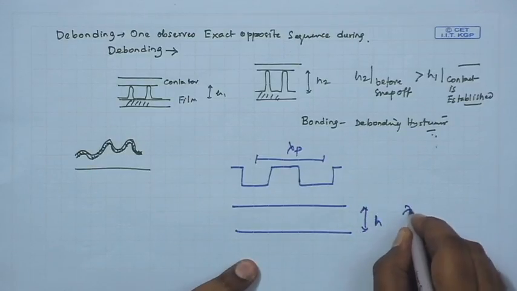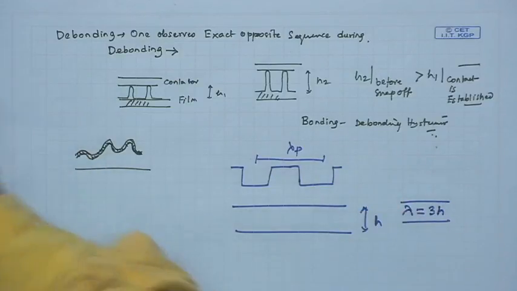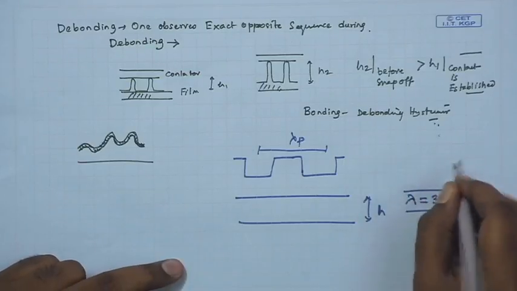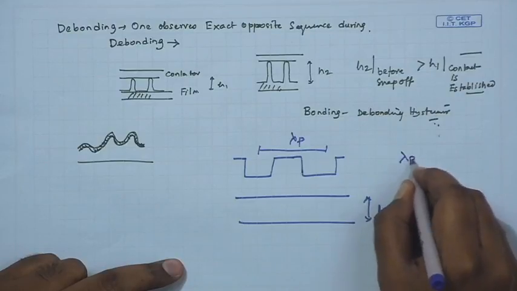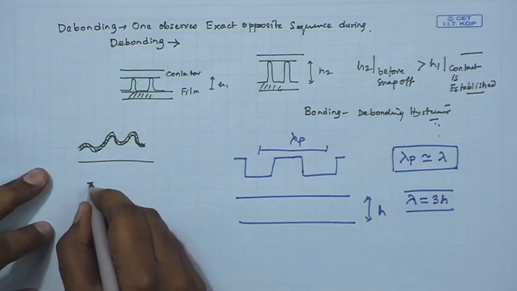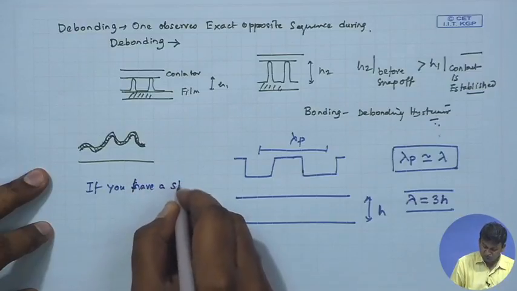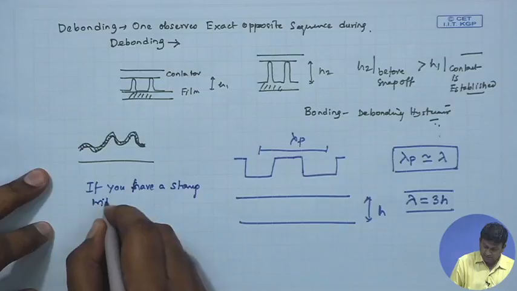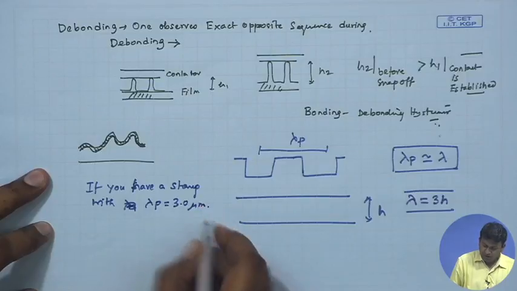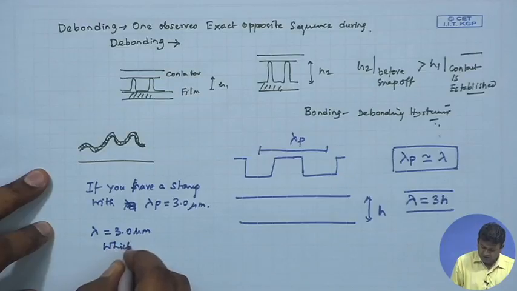Therefore, its natural length scale of instability is 3h. So, this type of picoliter beaker formation or array of holes occurs only when lambda p is commensurate with lambda. In other words, if you have a stamp with lambda p equal to 3 micron, your film must have lambda equal to 3 micron, which is possible